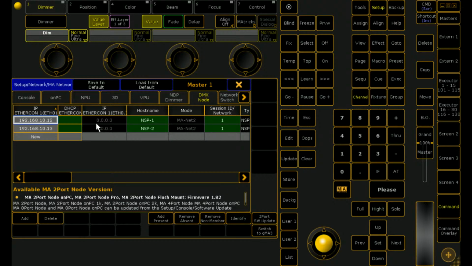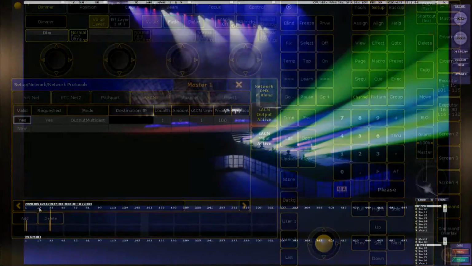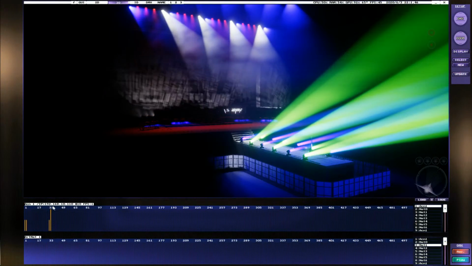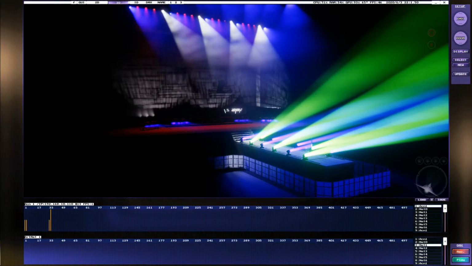So if I now go into MA network configuration, confirm that I've got my nodes, and we go into SACN mode and we go output, and if I quickly drop back into L8, we can see down the bottom it says SACN. So I've already got SACN. However, if you're still having issues,